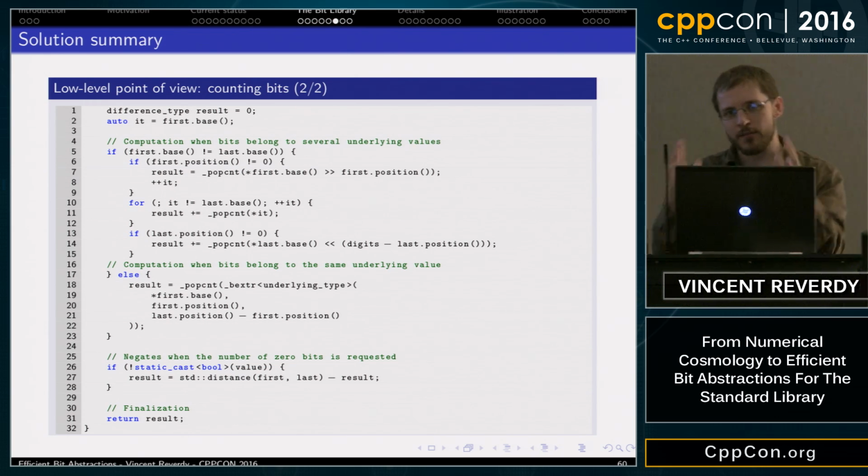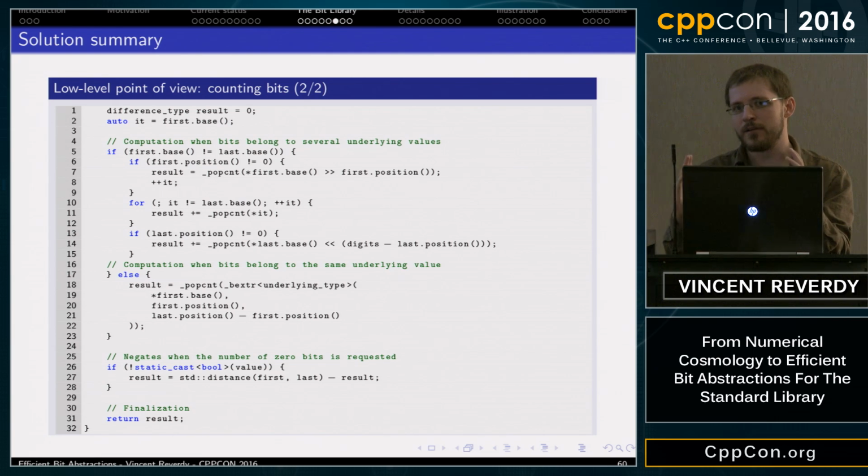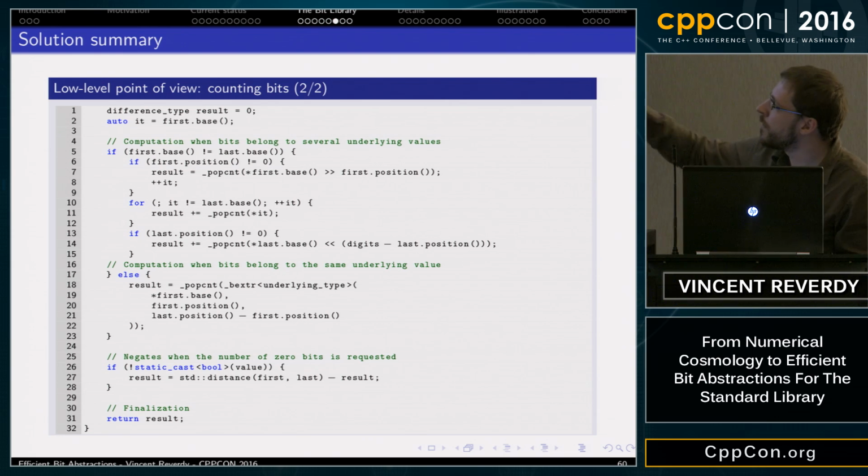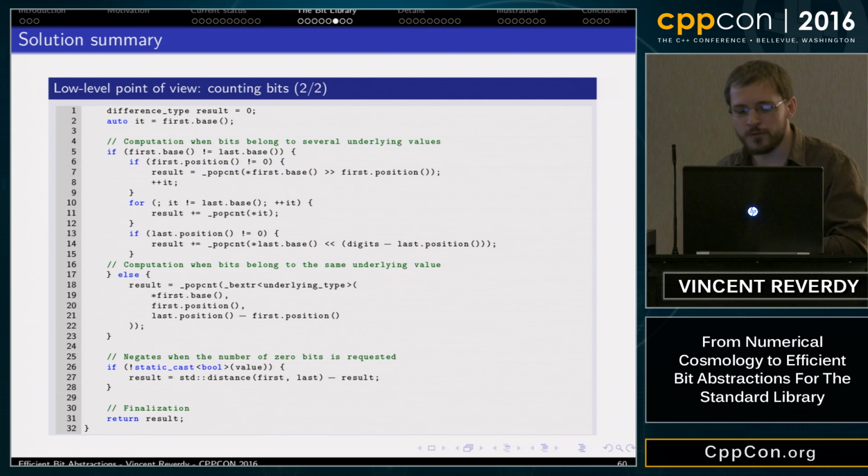You extract the middle part of your unsigned integer, the part in which you are interested, and then you count the bits in that sequence. And then depending on whether you want the number of ones or the number of 0s, if you want the number of 0s, you simply compute the difference between the number of bits you have in the sequence and the number of ones. And you give back the result.